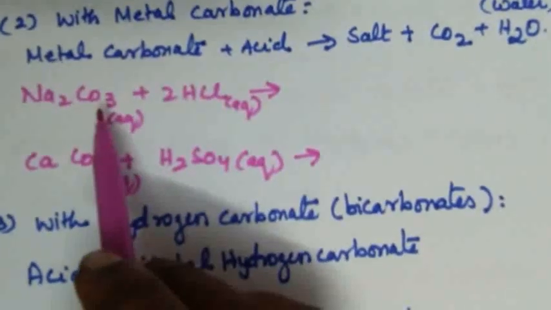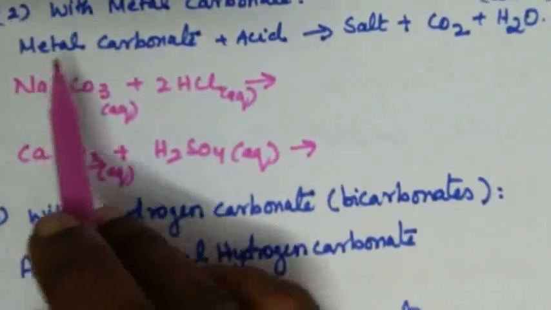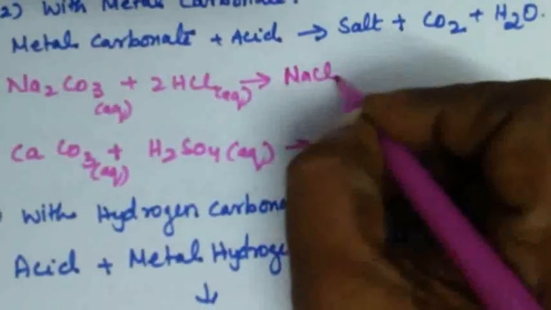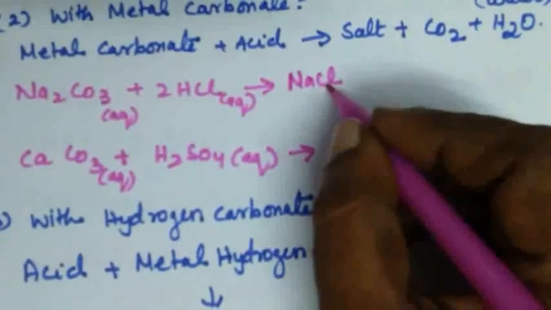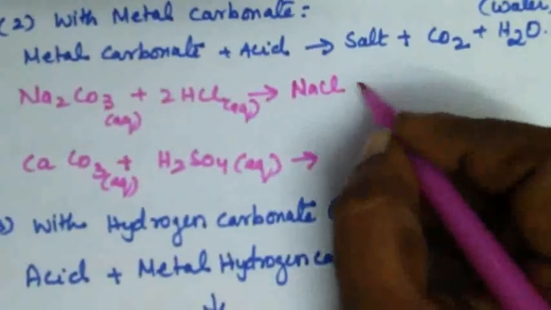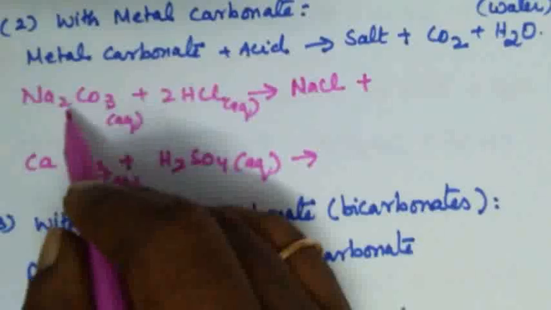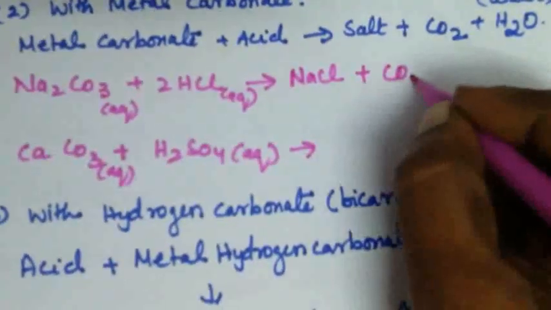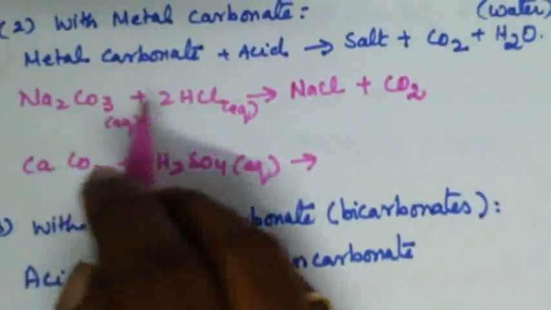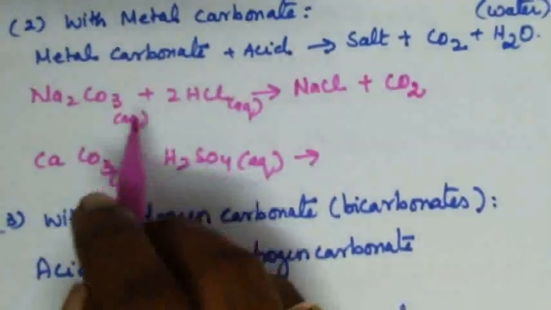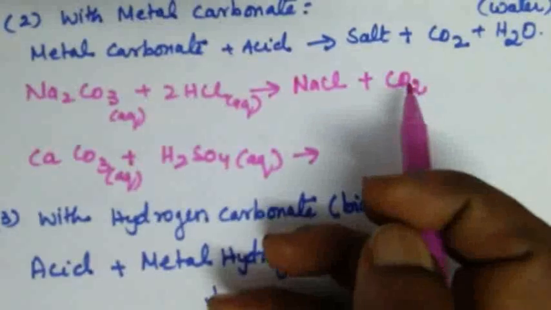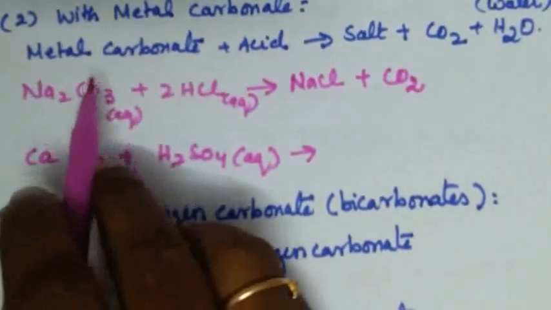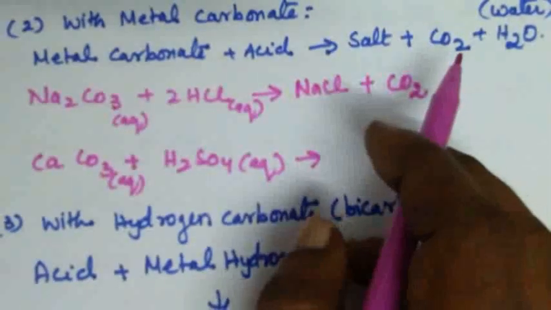So what is the product? I need to get salt. So sodium chloride, NaCl. Whatever acid we have taken, accordingly we will have the product. Since I have carbonate here, carbonate releases carbon dioxide. Generally you can observe. See, I told you, chemistry is easy if we understand. If we add carbon dioxide, then carbonates are formed. If I have carbonate and I heat it, carbon dioxide will be released.